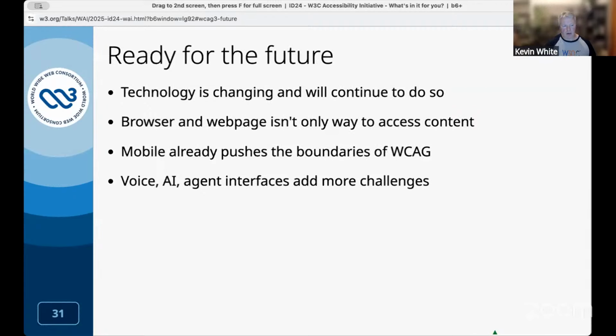We're at the stage already. Browsers and web pages aren't the only way to access web content. Mobile's already pushing the boundaries of WCAG. We have a task force that's looking into that, and they're doing some fantastic work. But you've also got different types of interfaces, such as voice, and AI agents engaging with interfaces on their own. These all add different challenges to how you assess content and how you define what you are